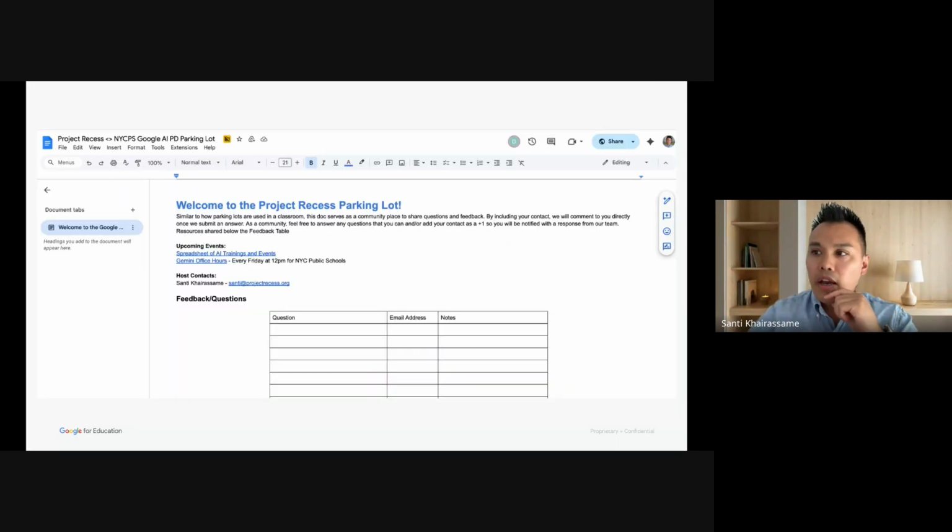All right. We have a parking lot here. I think there are some questions from the last one, but I'll throw this in the chat in case anybody has any questions. And I actually think it would be beneficial to see the questions from the last session just to get an idea of what people are thinking of. All right, so let me get this link. I'm going to throw it in the chat right now.